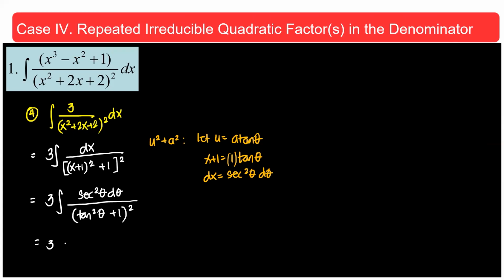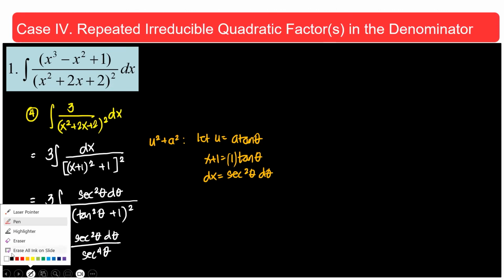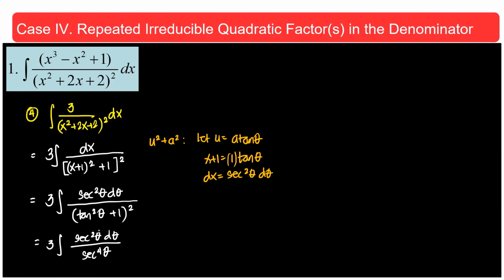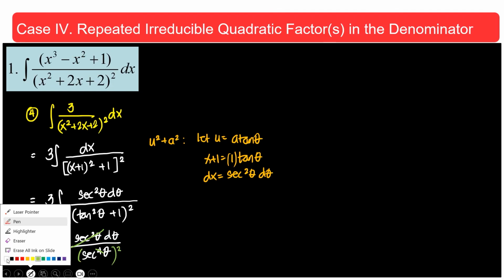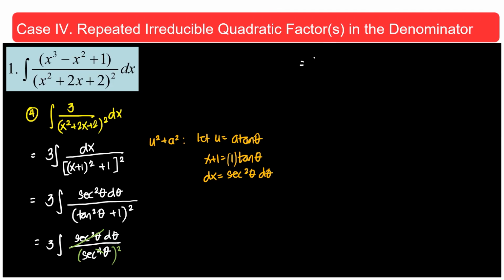So, let's rewrite secant squared theta d theta. This one would then be secant to the fourth theta. Kasi secant squared yung buong ilalim, squared. It's going to be secant to the 4. So, this one, okay. So, I will have 3,